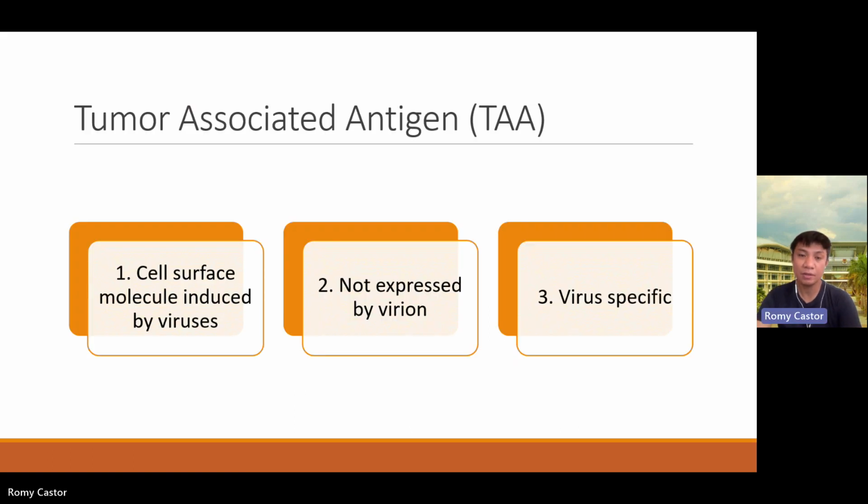Okay, TAA is our tumor-associated antigen. So this is our virally induced. This one is being induced here by the viral agents. That includes, for example, your Epstein-Barr, they might try to induce our Burkitt lymphoma. So this is the type of tumor antigen that's being expressed by the damaged tissue because of the viral